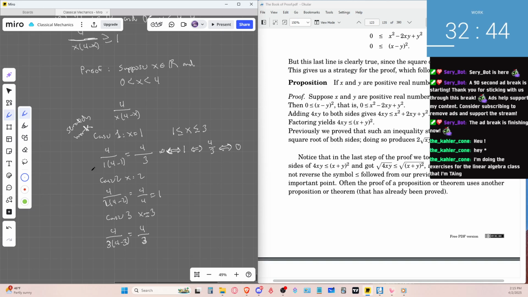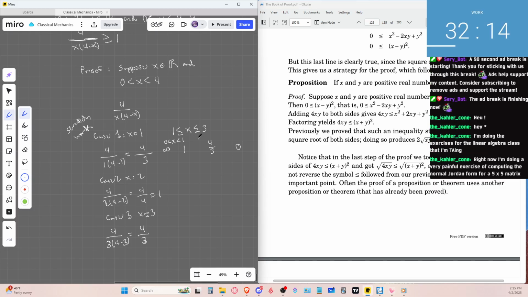I mean, I did separate it by case, but these are just natural numbers, 1, 2, and 3, but it gives us a range. I don't like the way I drew that arrow there. So this is where it's less than 1. Then this is, let's just erase this part. And this part is when it's